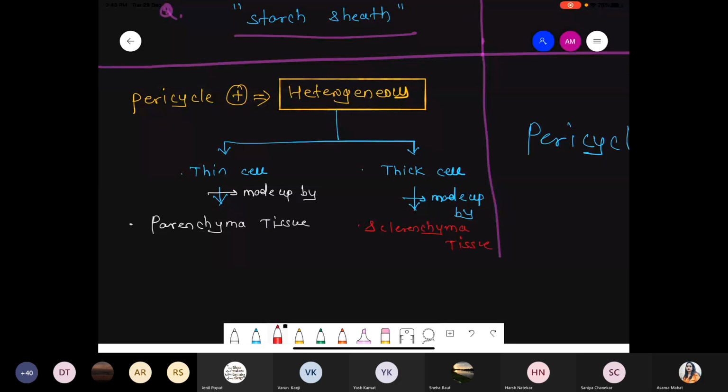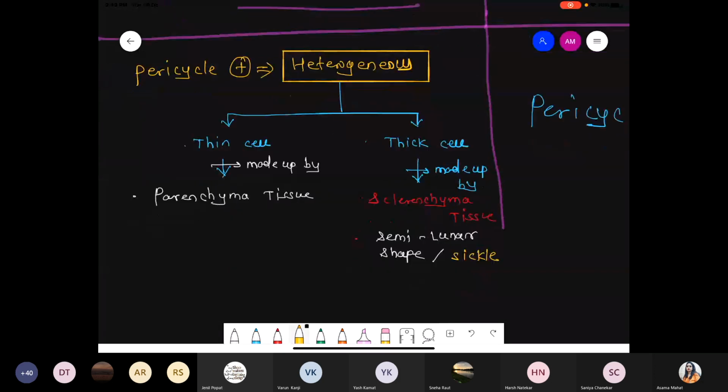And another point, if I'm talking about the shape, it looks like a semi-lunar shape. And semi-lunar shape is also called the sickle shape. जैसे होता है ना कि सेमी लूनार मीन्स व्हाट, जैसे अपना जैसे मून दिखाई देता है, आधा मून, 1/4 मून, so like that, not the entire moon, so it looks like that. So sickle shape basically, that's why it is called semi-lunar.